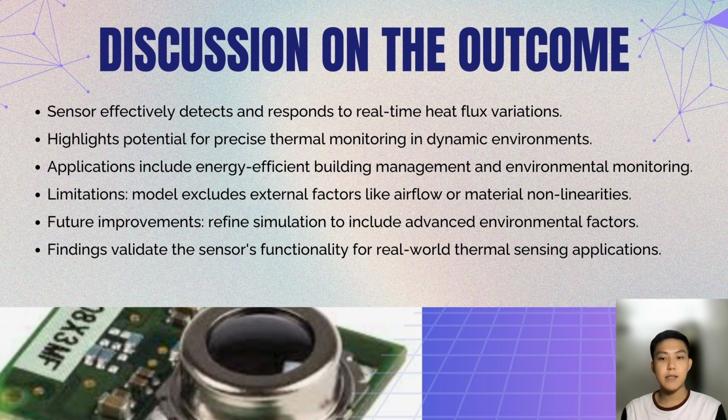The ability to sense heat flux changes caused by human presence makes it ideal for environments requiring responsive lighting systems. However, the current simulation could be improved by incorporating external factors such as ambient airflow or sensor placement optimization to better represent real-world conditions. Addressing this limitation would further enhance the sensor's accuracy and applicability, ensuring its effectiveness in practical